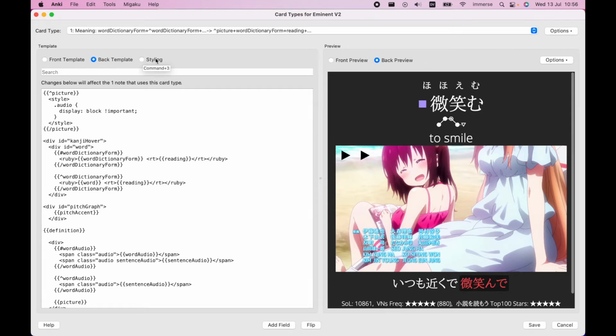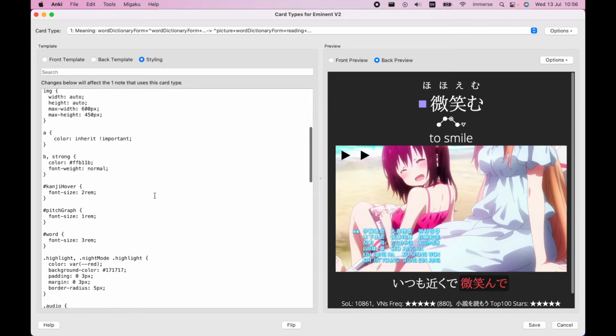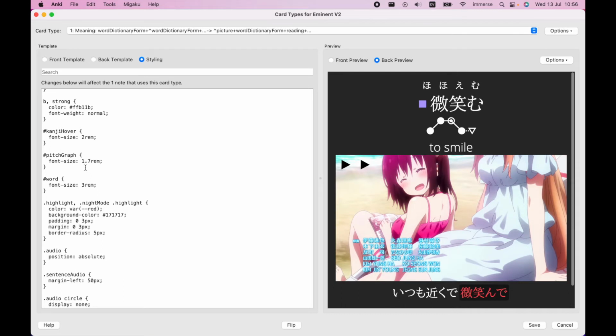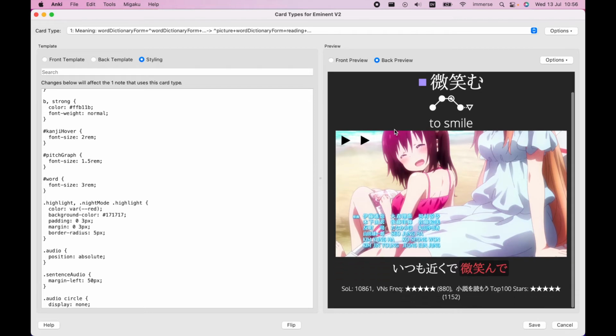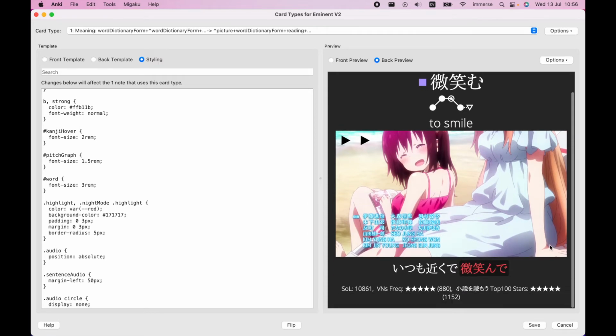So go to styling, I think, where it's going to be, it's got pitch graph here. So I'm going to put it 1.7. That's quite big. 1.5. I mean, you can mess around with the size of it to something that you prefer if you don't like the size. I think that's basically it. Yeah. I'll hit save